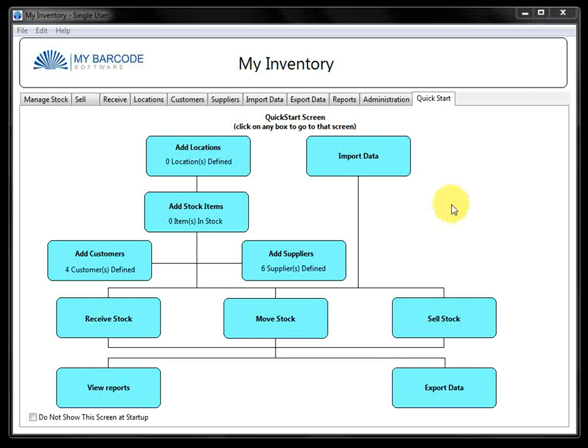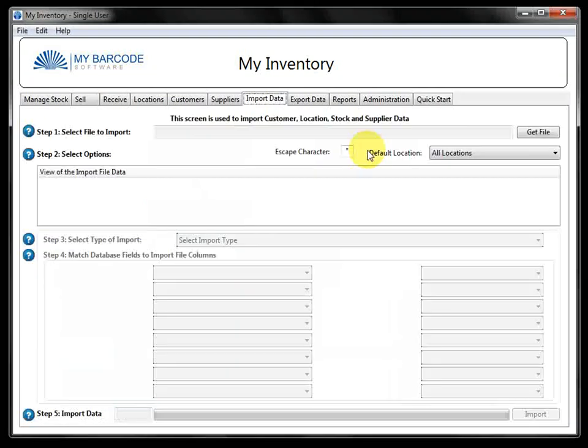The second avenue in is through import data. Many people already have this information about locations, stock items, customers and suppliers in Excel spreadsheets, and this software will accept what is called the CSV format, or comma delimited format, of an Excel spreadsheet. So for purposes of this demonstration, this is where we're going to start, and I will click the import data